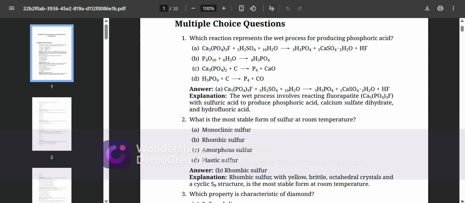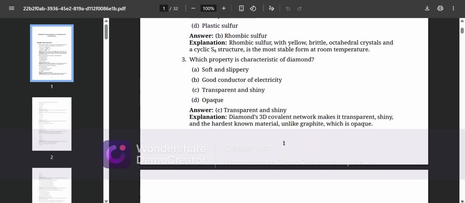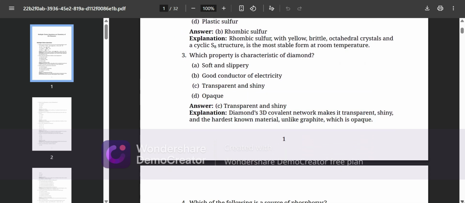Sulfur. Rhombic sulfur, with yellow brittle octahedral crystals and a crown-shaped S8 structure, is the most stable form at room temperature. Which property is